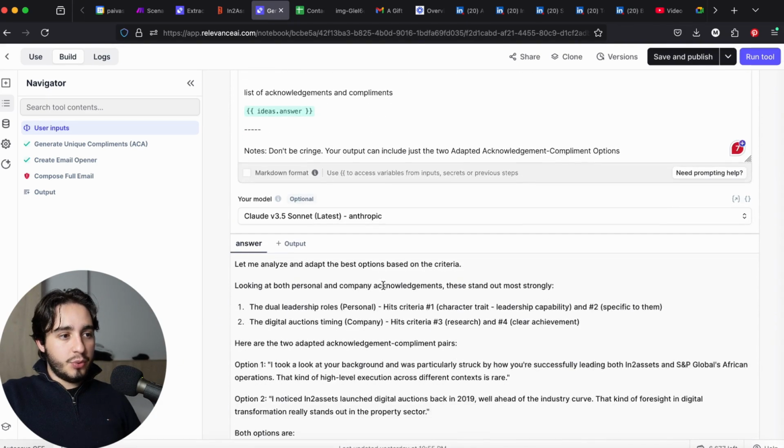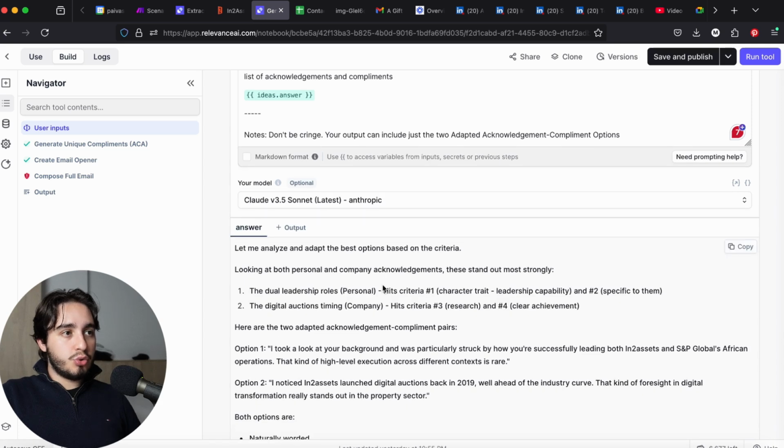So I'm going to go ahead and tweak this a little bit and wrap up this tool, and we can go over to the agent prompting so we can adapt those prompts and include all of these tools in there